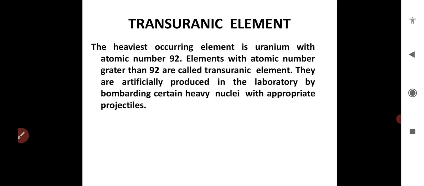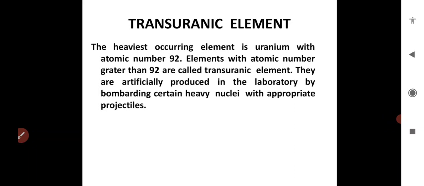The transuranic elements have several isotopes. They are radioactive and normally their half-life is very short, except plutonium and americium. For example, plutonium-239 has a half-life of 24,000 years and americium has a half-life of 500 years. Plutonium is fissionable with both slow and fast neutrons. Hence, it can be used in nuclear power reactors and atomic bomb applications.